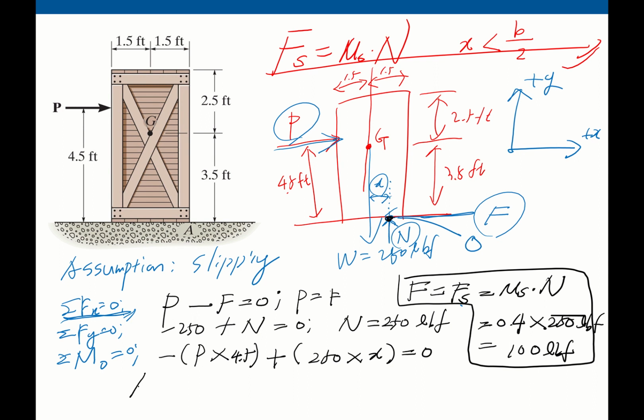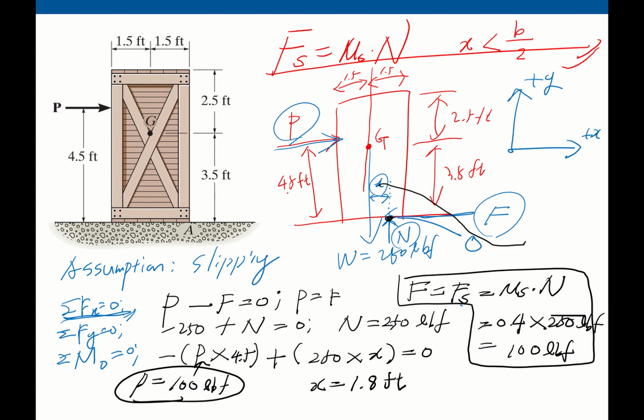So P is equal to 100 pound force. If we plug this number to here, then we can find variable x is equal to 1.8 feet. Okay, so we have a distance x is 1.8 feet. But wait a minute,